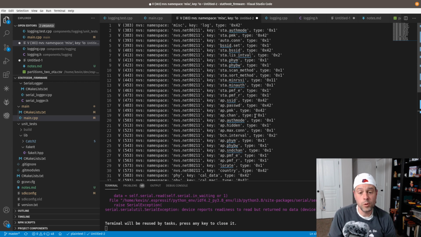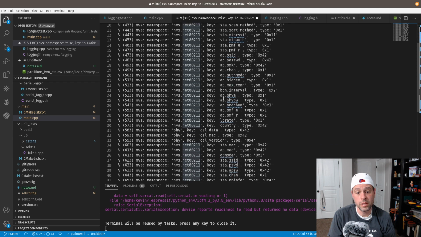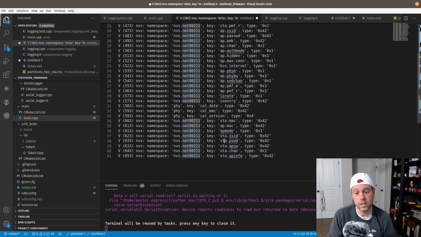So if you wanted to, you can see the namespace, this nvs.net80211, is where all of the Wi-Fi stuff is being stored. You can see there's quite a bit of things stored, but a couple of those things are the station SSID and the station password, and the type is 42. What does that mean? Well,